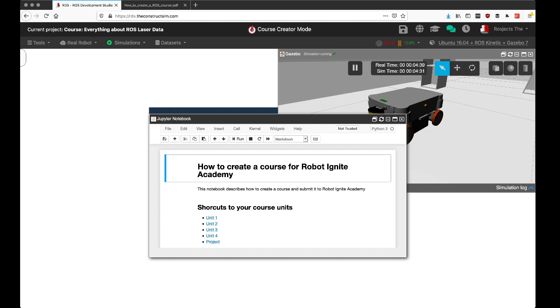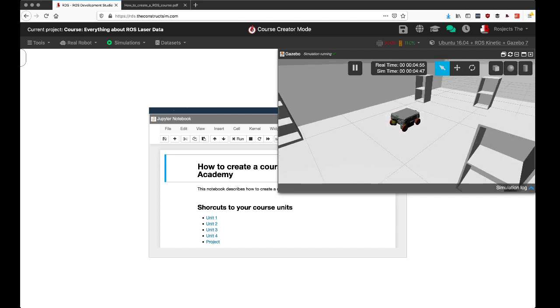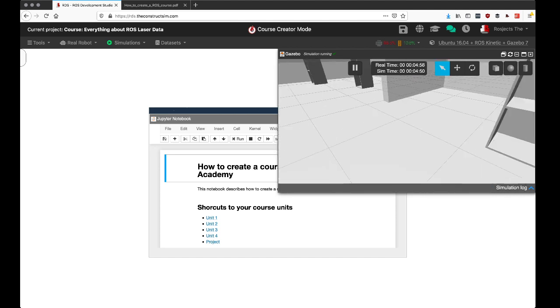And you can see that the ROS has put itself into course creator mode. So now it's a different mode than when we launch ROS. So in this case, you have the simulation already open here. The one that we have selected is this one of the MPO 500 and